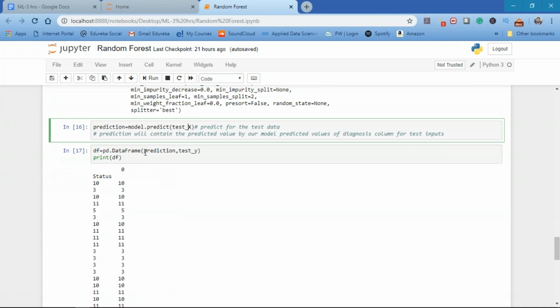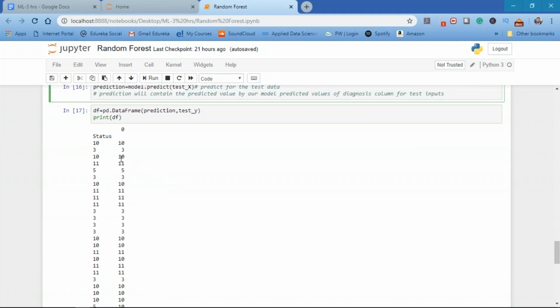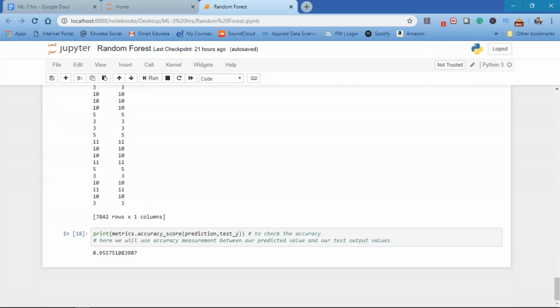And if we have a look at the prediction and the test_Y, you can see the status 10, 10, 3, 3, 10, 10, 11, and 5, 5, 3, 11, 3, 3. So it goes on and on. It has 7,842 rows and one column. And if we print the accuracy, we get